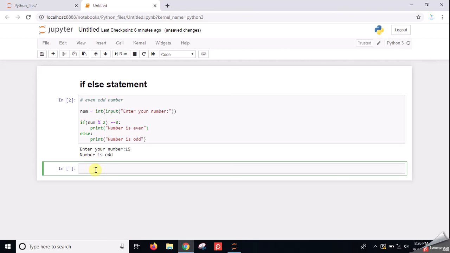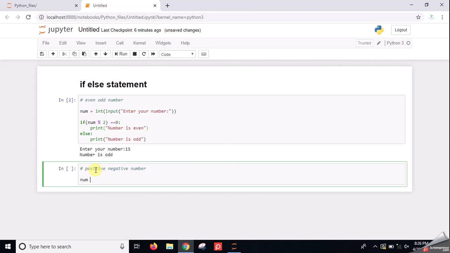Now this is about if and else. What if there are multiple if else conditions, that is nested? We can say that there are multiple conditions you have to check. Then what will be used? Now let's find it out also by using a positive negative number example. Now let's start.